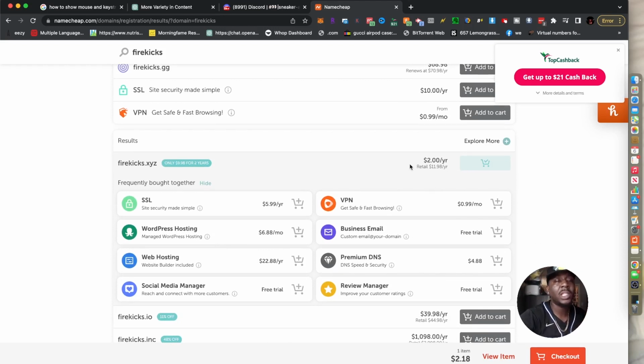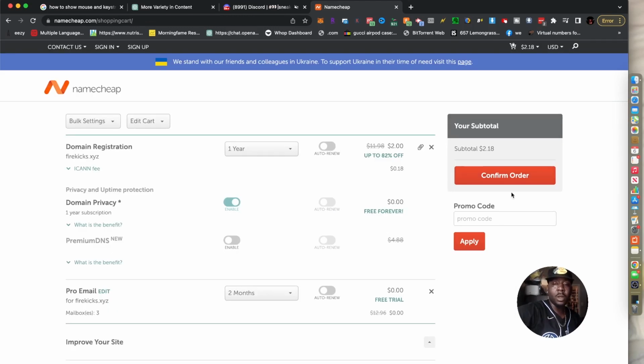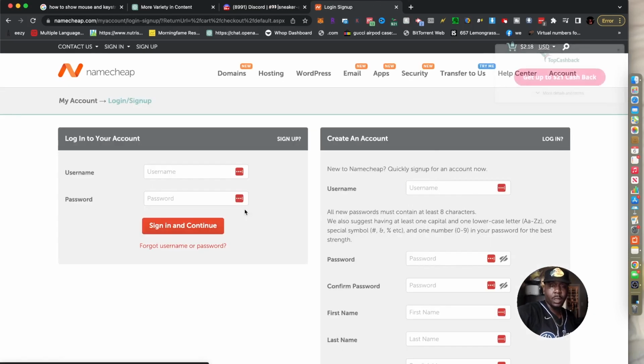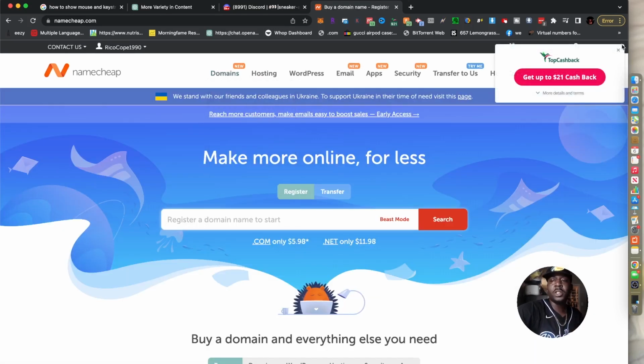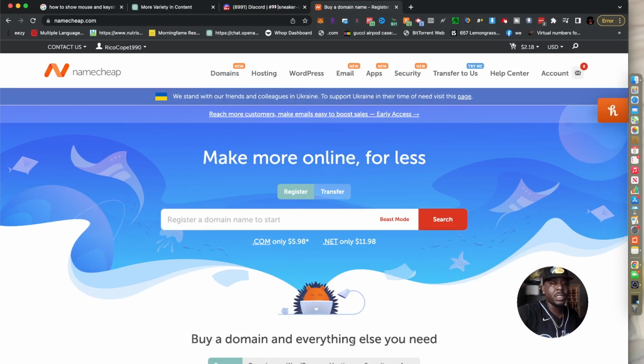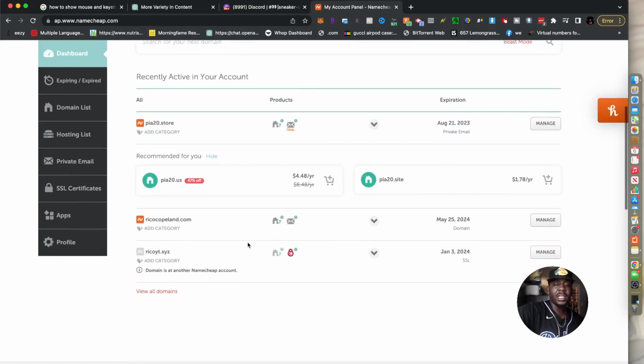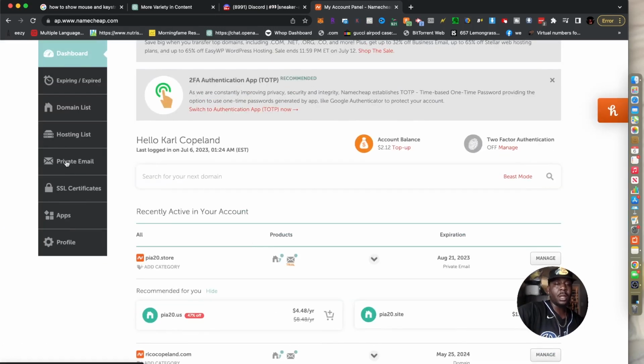You want to add that to cart, and then you want to come over here and add business email. This is the most important. At this point, you're only going to pay about $2 for this. Boom, you sign in, go through checkout. Once you get your domain purchased, you're going to come over here to account and then dashboard. Then you'll see a list of all the domains you own, and then you're going to go to private